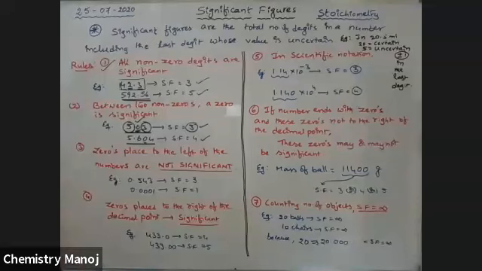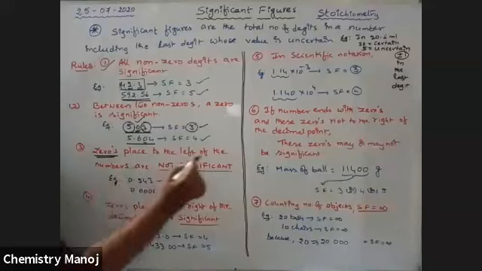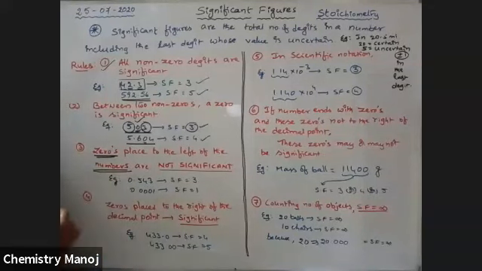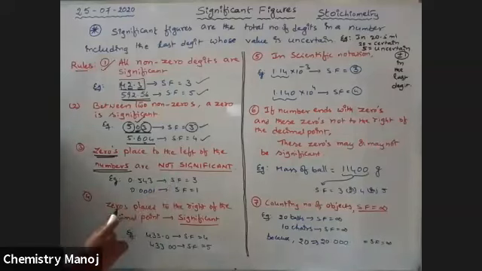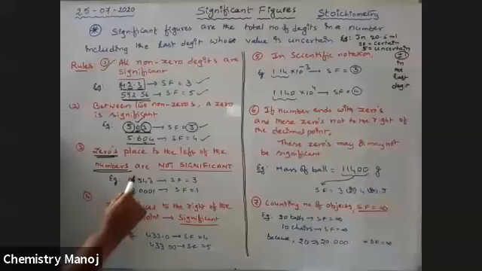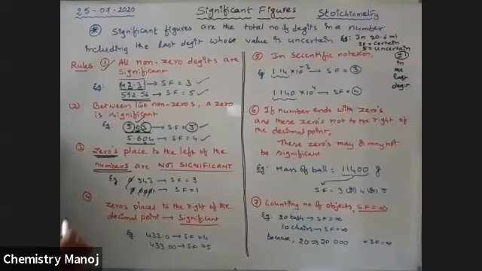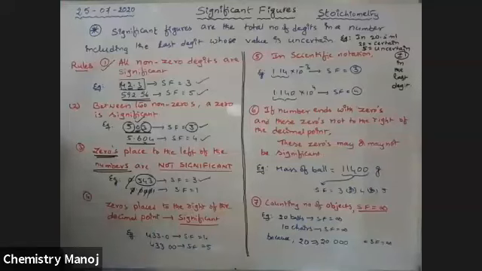Next, see here. There are certain zeros placed to the left of the number. That means the number starts with 0, like 0.543 or 0.000 something. So the value starts with a 0, that is, 0 point like this. These zeros are not significant. So here this is not considered. There are only 3 digits. Therefore, this is the significant number.